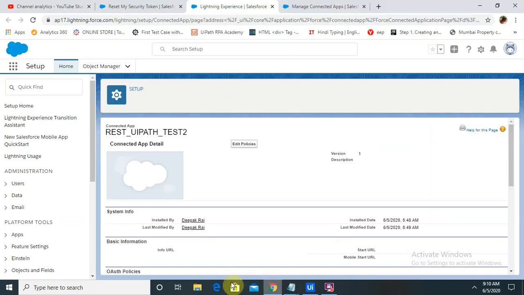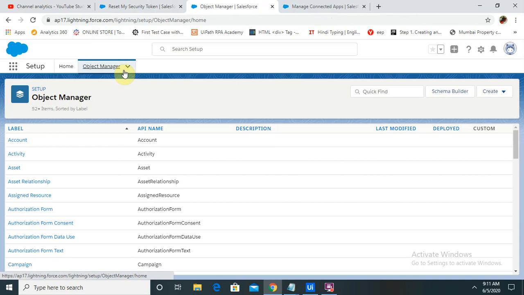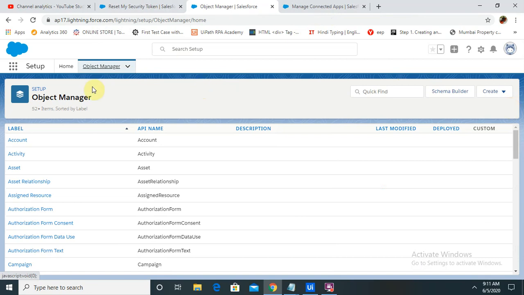You can also check it from here in your account. Not from the object manager. Just have to go to here.